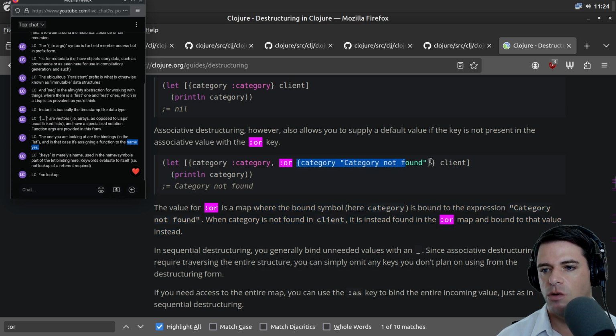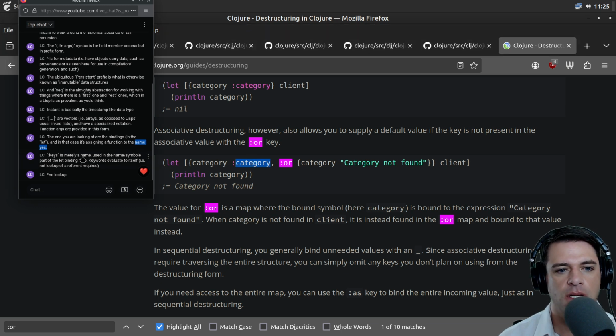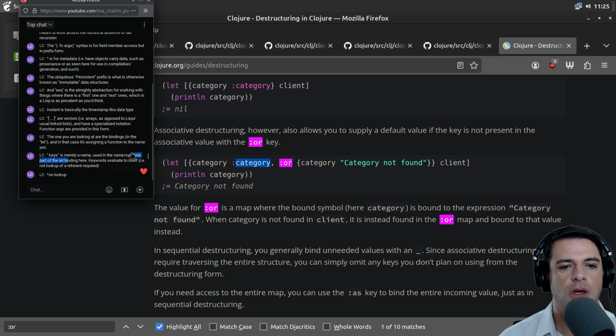Here's where it says OR category not found. I guess this is where it tries to bind to the original category, perhaps. Something like that. Keys is merely a name using, okay, cool.